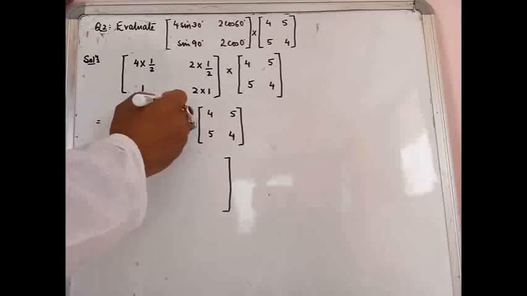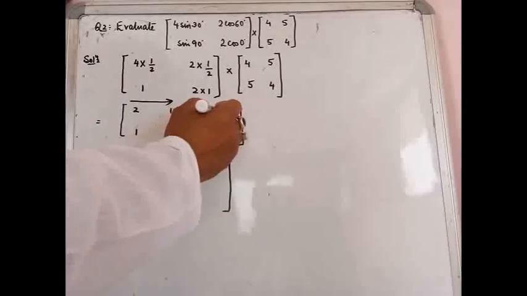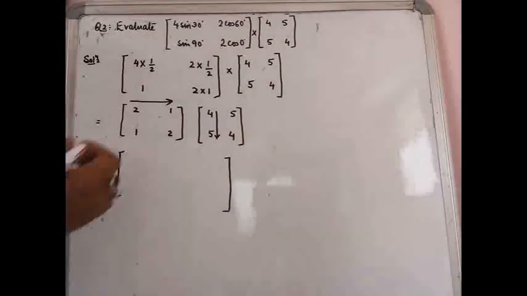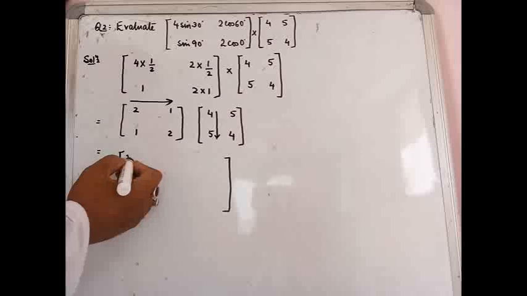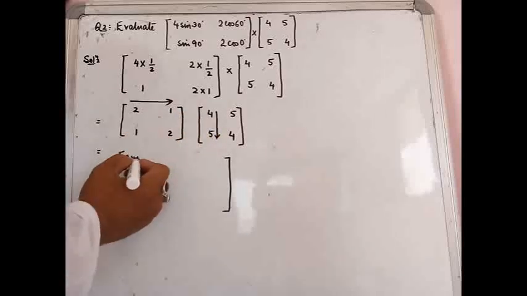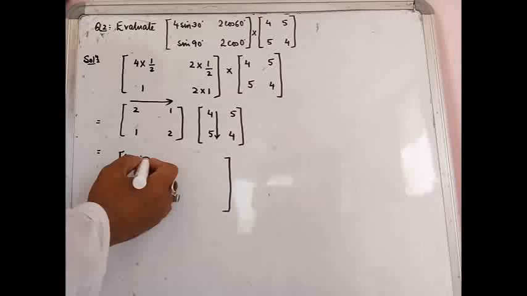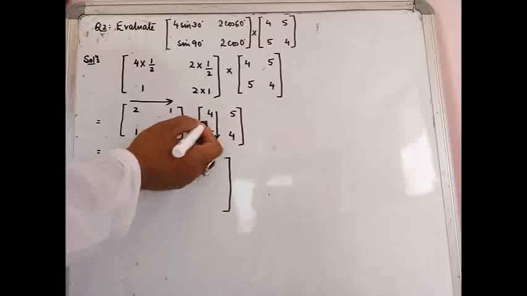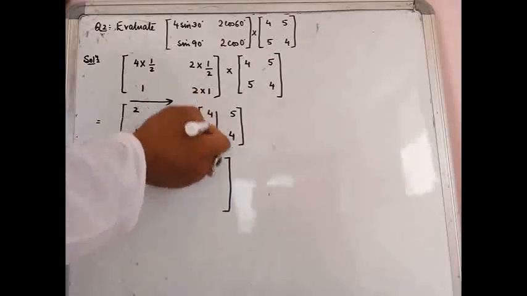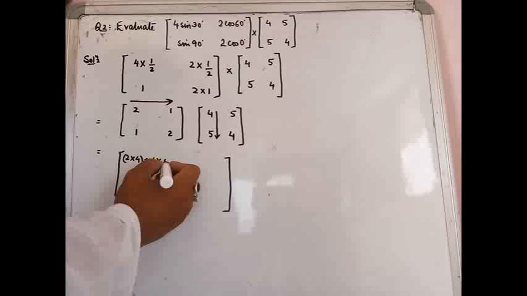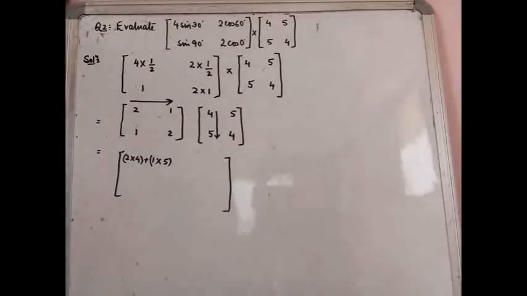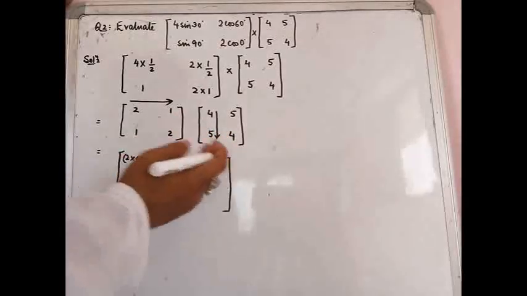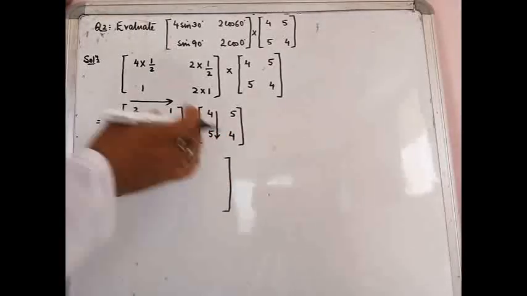So once again, please remember, you go row wise in the first matrix and then you come down column wise in the second matrix. So first entry, this 2 will be multiplied by this 4 plus, what is the next entry in the first row? 1. What is the second entry in this first column? So you have 5. That is there. Now you move on to the next column of the resultant matrix. This was the first entry. Now you move to the next entry.